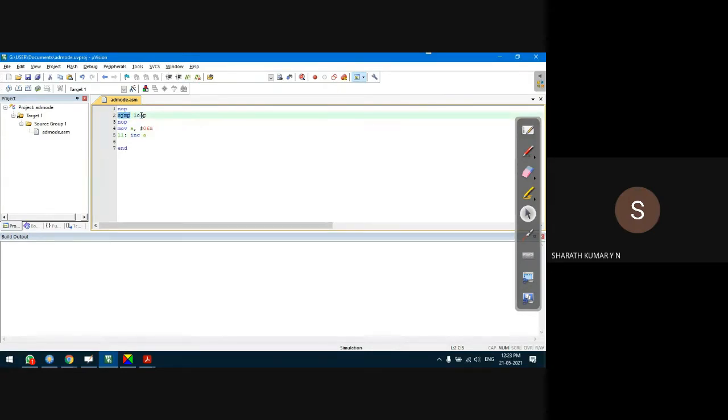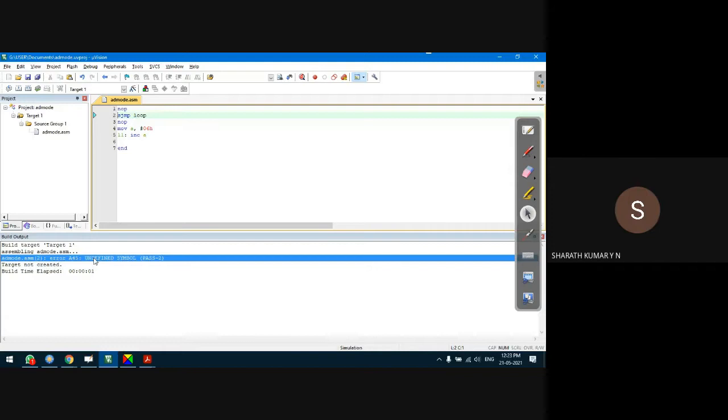Initially, when the microcontroller is reset, the content of accumulator is 0. Let us see what happens to this program. Let us save the program and check for syntax error. Build target. There is an error: undefined symbol loop, because here I have said loop and here I have said L1.